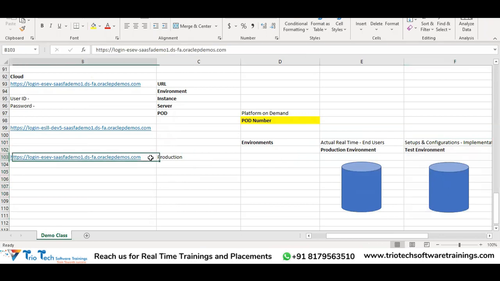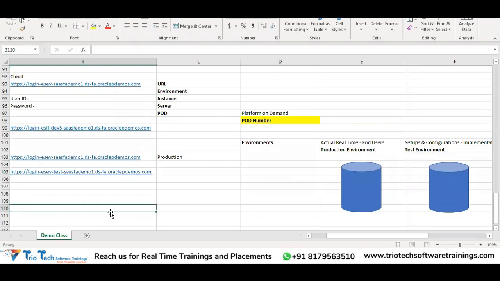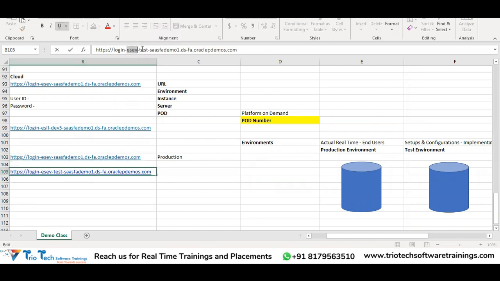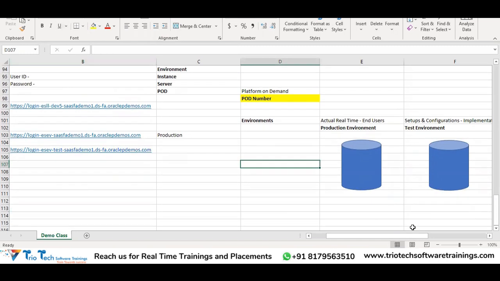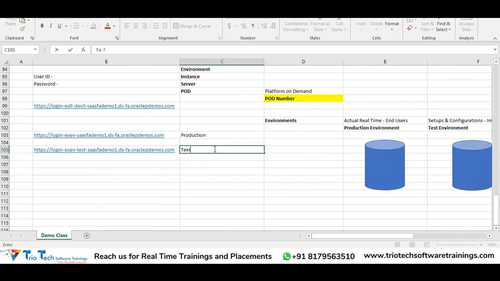The difference between test and production looks like this. If this is the production, the test environment will have, after our pod number, ESEV/test. It looks like this. See, this is the production: login dash ESEV. And the test environment is a proxy of production. It looks like this, ESEV/test. By default, for any customer in the market, when they're buying the product from Oracle, these two are the